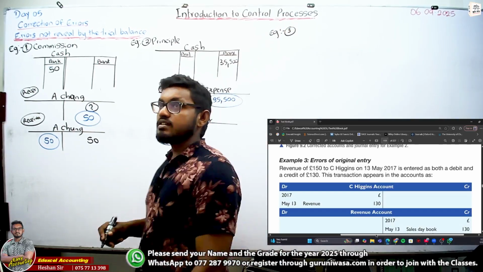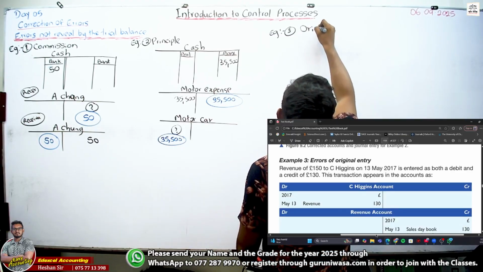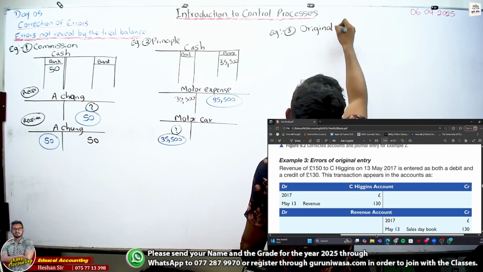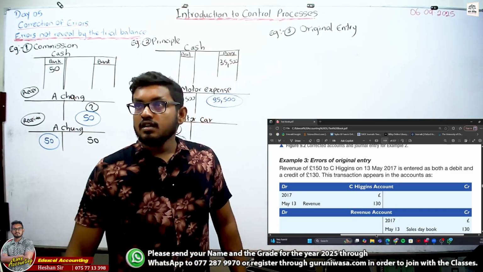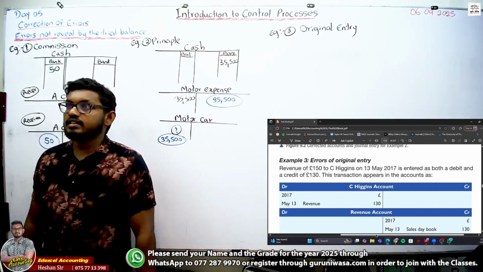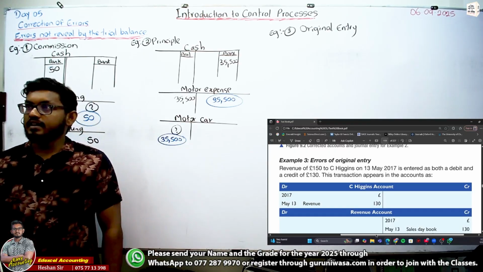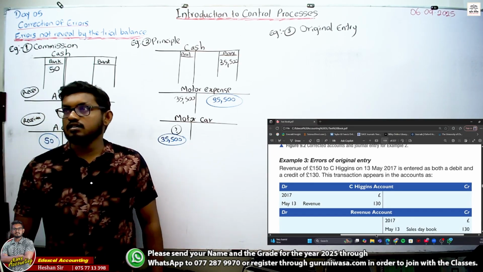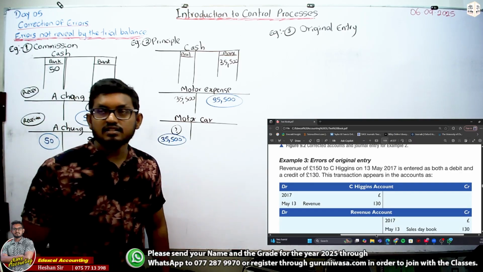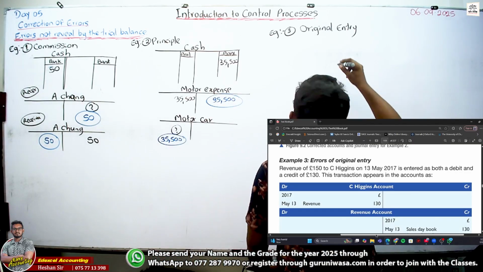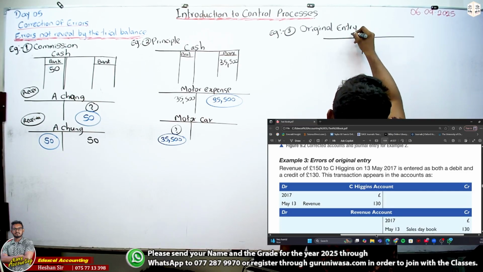What is this? This is an error of original entry. See what has happened. Revenue 152, C Hygiene, entered both the debit and credit as 130. This is a revenue of 102. C Hygiene means it's a debtor, right? Trade receivable. So revenue means the sales account,